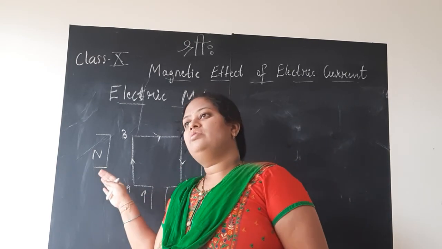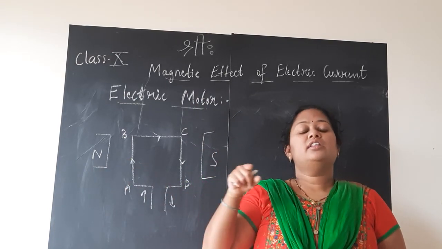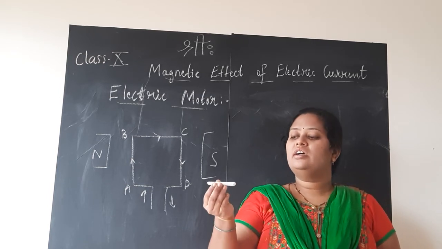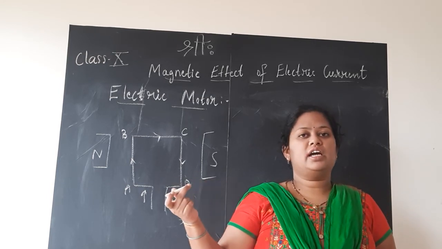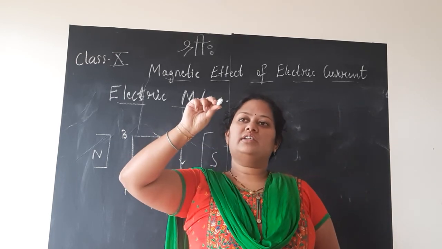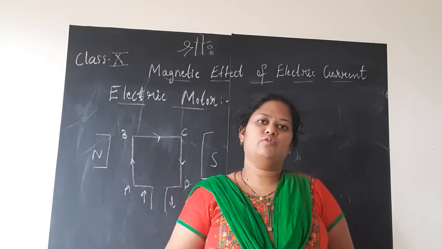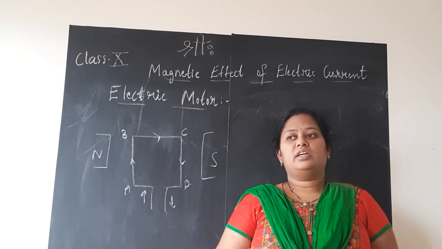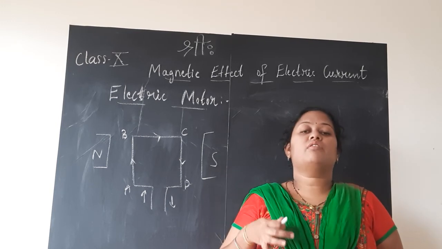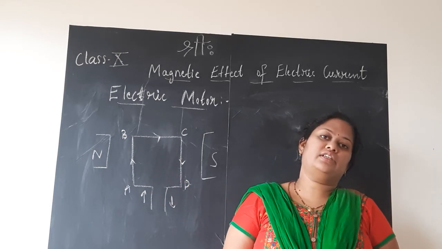We understood that when a current carrying conductor is placed in a magnetic field, the magnetic field in turn exerts a force on the conductor. As a result, first we saw the deflection in one direction, and on reversing the direction of current, the deflection changed. So it moves left, right, left, right like that. So the scientists thought, why can't we create a motor using this concept, and that resulted in the invention of the electric motor.